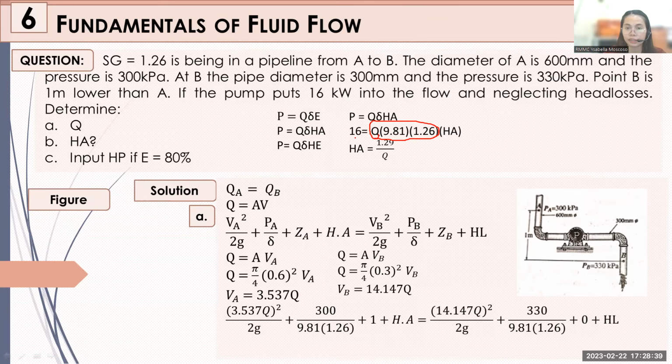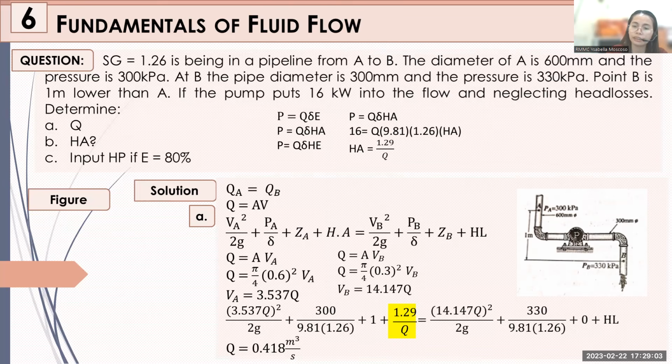So that is 16 divided by Q times 9.81 times 1.26, and you will have 1.29 over Q. Okay? That is the value of our HA. Therefore, the value of your Q is